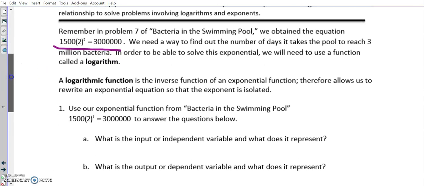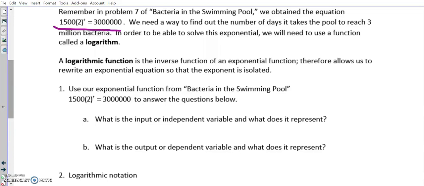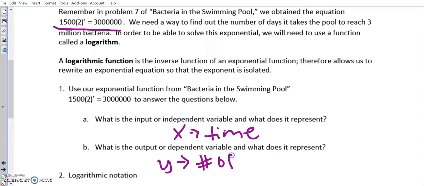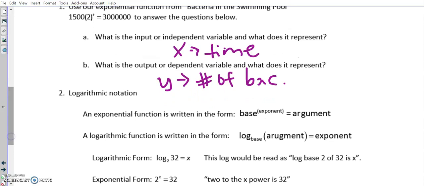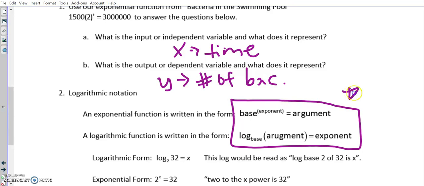So, what is our independent and dependent variable? What does it represent? We already kind of talked about this, but again, x, or our independent variable, is our time, and y, or our dependent variable, depending on the time, we get out a number of bacteria, okay? I'm just going to put back. You guys know what I mean. Now, if anything out of this whole unit, this is what we will be focusing on and learning the most, okay? I want you to start, know it. We are going to be testing ourselves